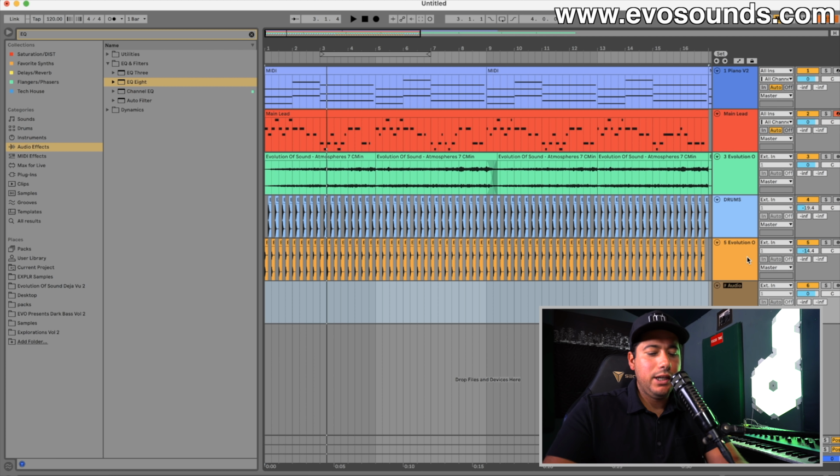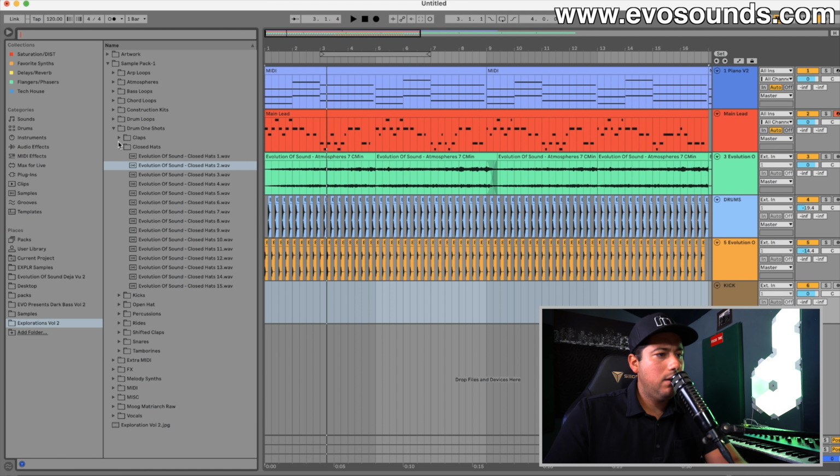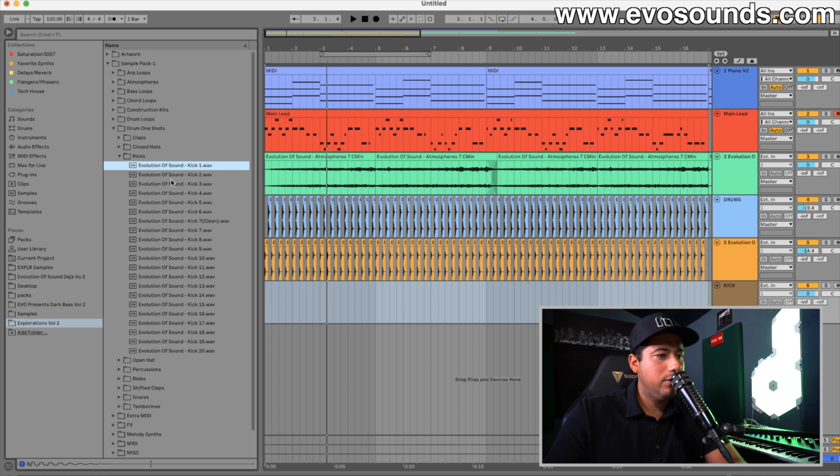So what I'm gonna do is just put a kick here now and the bass, because the bass is gonna follow the chord progression. I think that's very self-explanatory and something a lot of people know already. So we're just gonna create our kick. So let's just go into the pack and find like an okay kick. Usually the first kick's the best. When you create a pack, you put the best kick in the